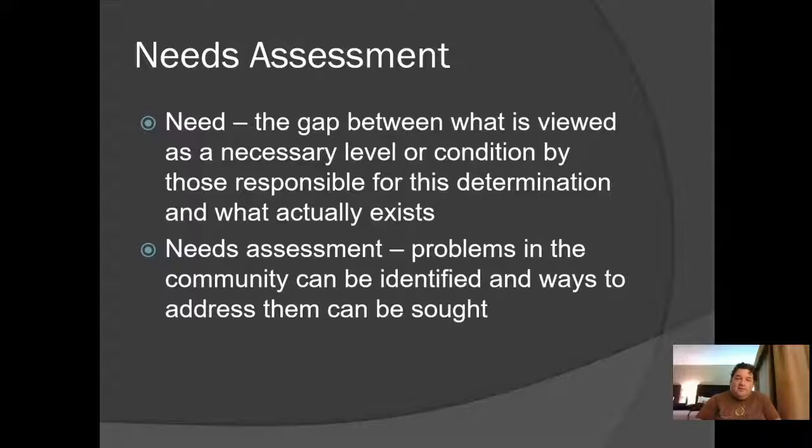So if there are 5,000 people diagnosed with an eating disorder, typically an eating disorder clinic usually covers binge eating disorder, anorexia nervosa, or bulimia, and those are the things you need to show that there's a need for. So if you're going to have it, where are you going to have it? And how are people going to get there? You need to figure all that out in your needs assessment.